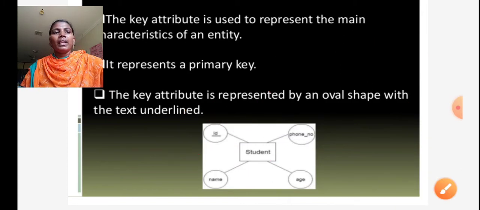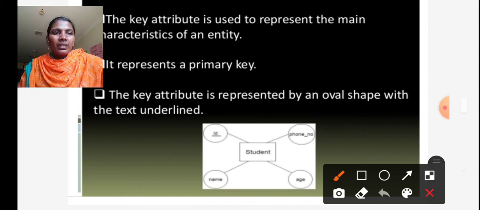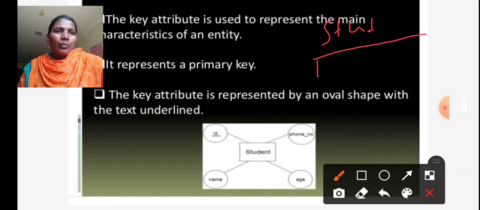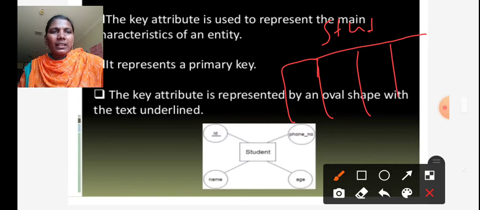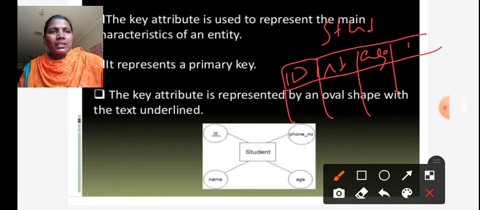For example, here we take a student table, where student is the entity name, and we have the table structure like this: ID, name, age, and phone number.